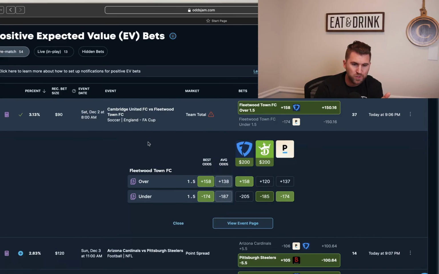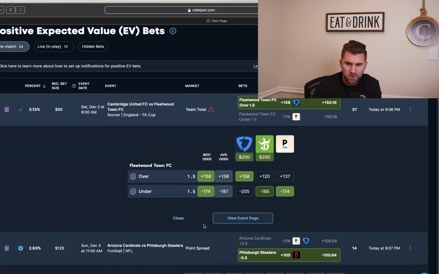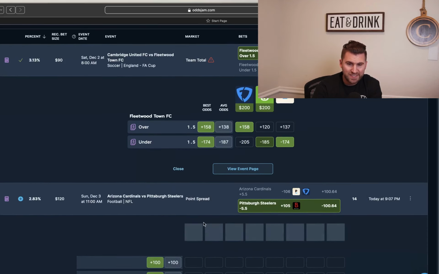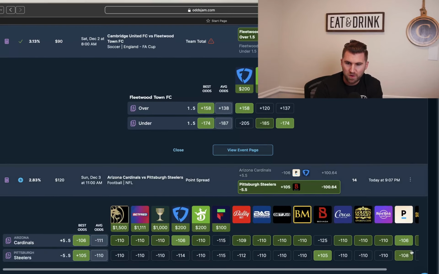As you see if we scroll down below, my hometown Pittsburgh Steelers right here. Market width of 14 cents. This is a main line spread play right here, right? Minus 108 on Pinnacle, minus 106 gives us 14 cents because they're both negative numbers. And you can see our recommended bet size is a lot higher even though the EV percentage is lower. And also, just the overall odds that we're betting at.